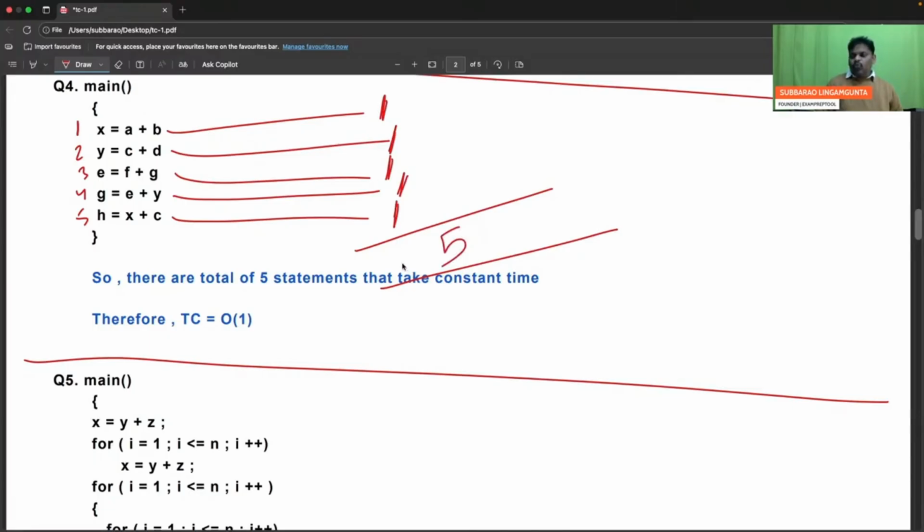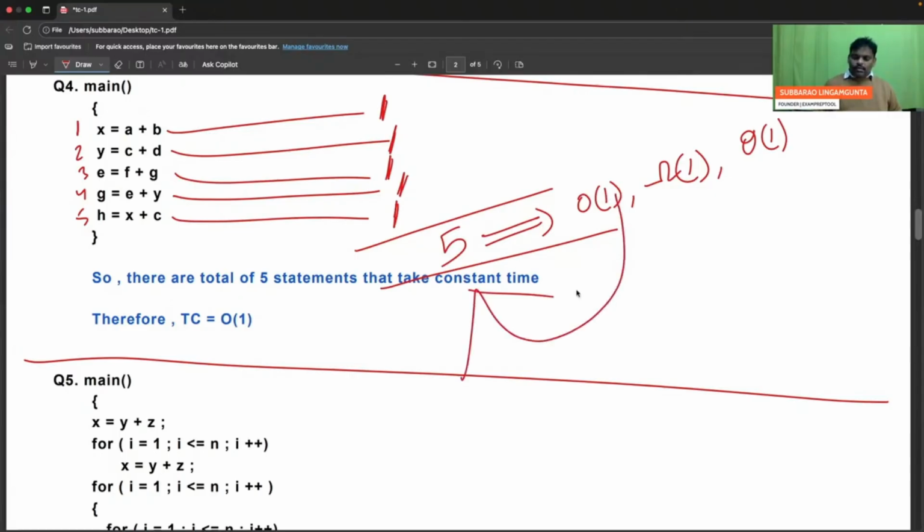Because of the lack of loops, every statement will execute 1 time. 1 plus 1 plus 1, 5 times, 5 ones. So 5. Remember, every constant can be written as big O of 1, omega of 1, theta of 1. Remember, 1 means not 1, 1 means constant. In algorithm terminology, 1 means constant time. So time complexity of this program is big O of